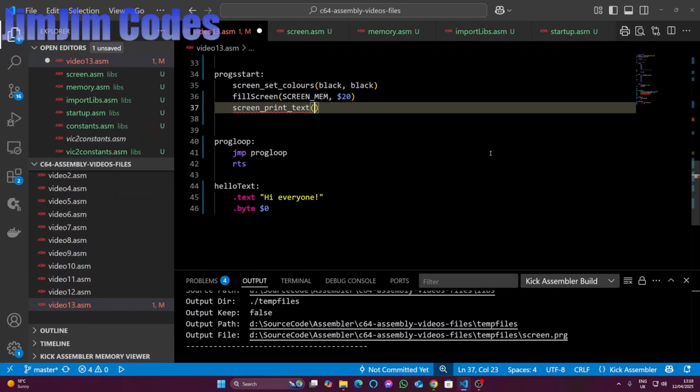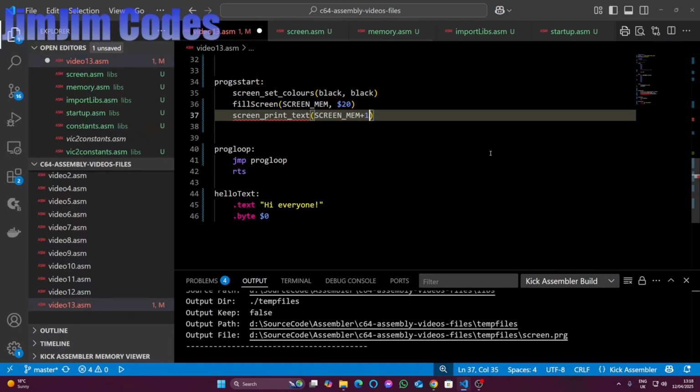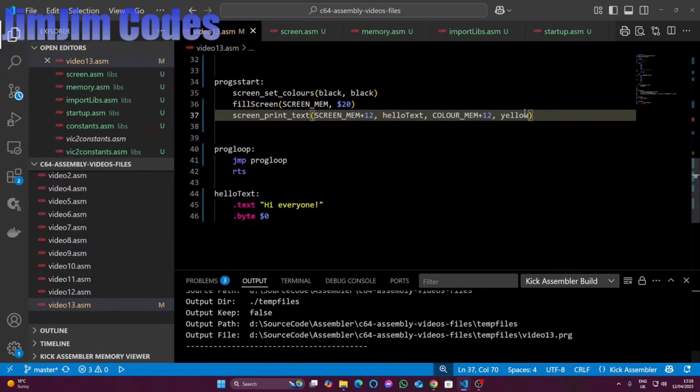Okay, so it's screen mem. This is 0400. Let's add 12 to it. So let's just offset it a bit. Okay, the address of where our text is, hello text. Color mem is always the same, so because we're offsetting that by 12, we'll offset this by 12, and let's do it in yellow. Okay, so let's give that a test,